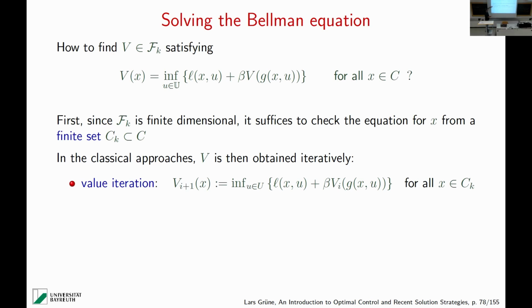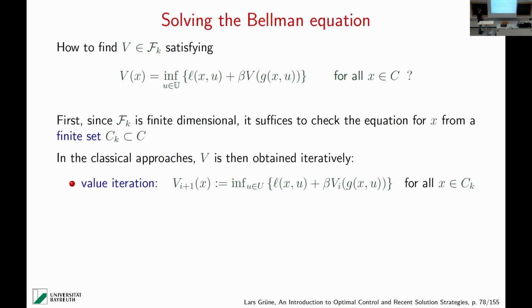So what is the usual way to do it? Well, you can simply do it iteratively. This is a fixed point equation, right? We have a v on the left and a v on the right. The usual easy way to solve fixed point equations, the first attempt, would always be to iterate. You start with some v0, some initial guess, then you have some VI, and from VI you compute VI plus 1 just by using this fixed point equation as an iteration. So always I on the right, I plus 1 on the left. You turn your fixed point equation into an iteration.